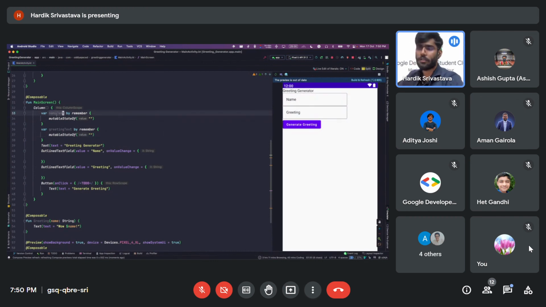Now I will actually make use of this nameText and greetingText in our text field. So right here, value would be equal to nameText, and this would be equal to greetingText. So now these text fields will be reading their values from the nameText variable and the greetingText variable. And inside onValueChange, we will update the values of these two parameters accordingly. So I will write nameText equal to it, since it is the value which would be passed on,